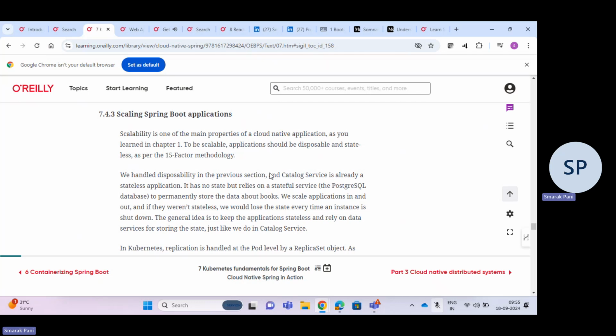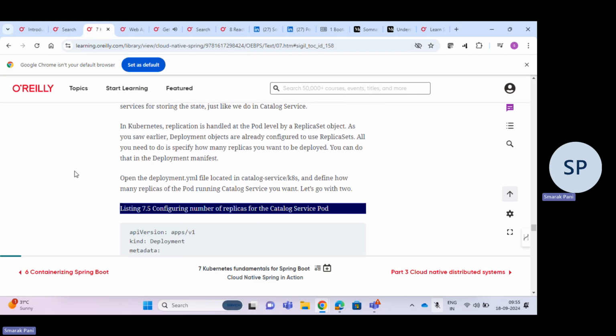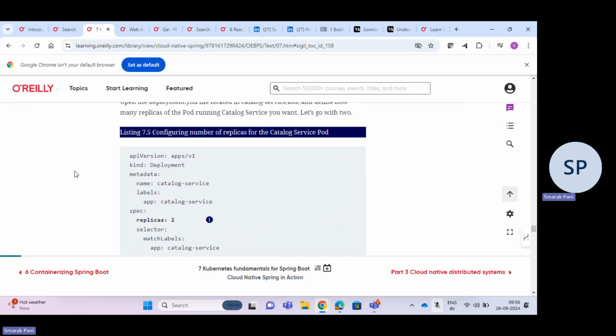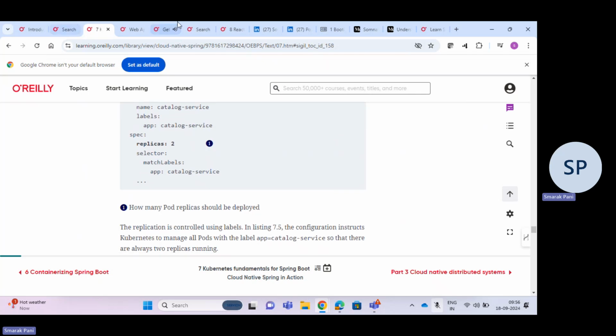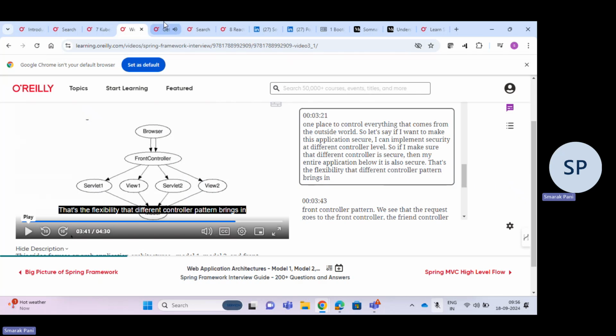Just pause the video and try to understand what's going on in here. It would look very obvious. And we're using th:each. Inside select, we're going to populate all the list of options available. Whatever list we're populating here, we just want to loop through them and populate all of them as a list. So we're using this particular attribute, th:each. This is equivalent to for-each in Java. And we're populating all the options available inside the color attribute. Again, just pause the video and try to understand. This would look obvious. Similarly, the rest of the elements were also populated. And finally, we have the submit button that would